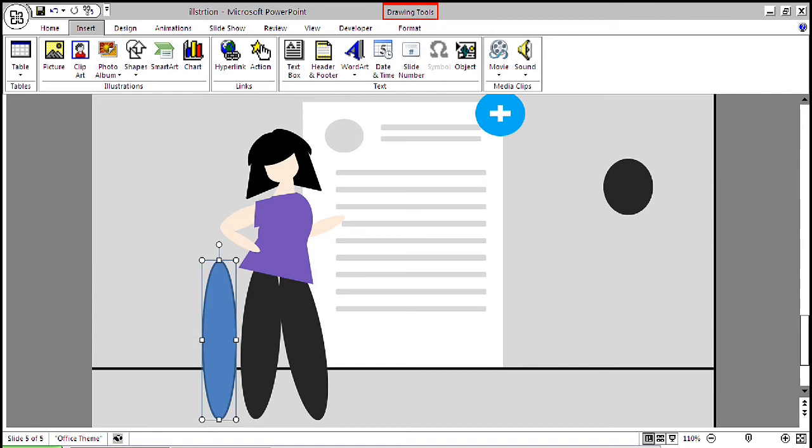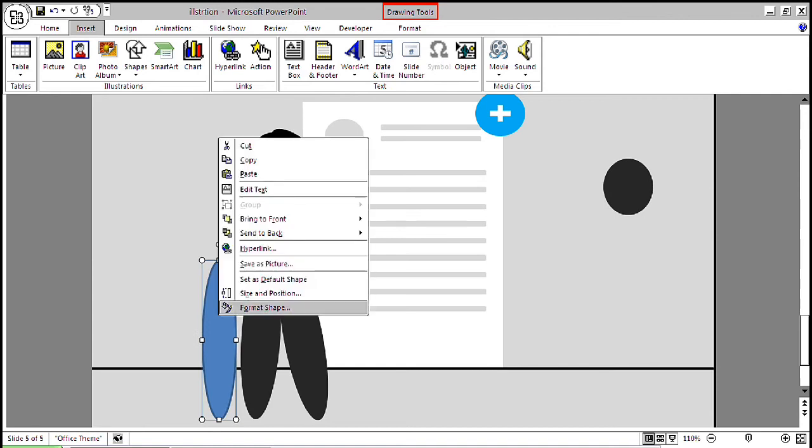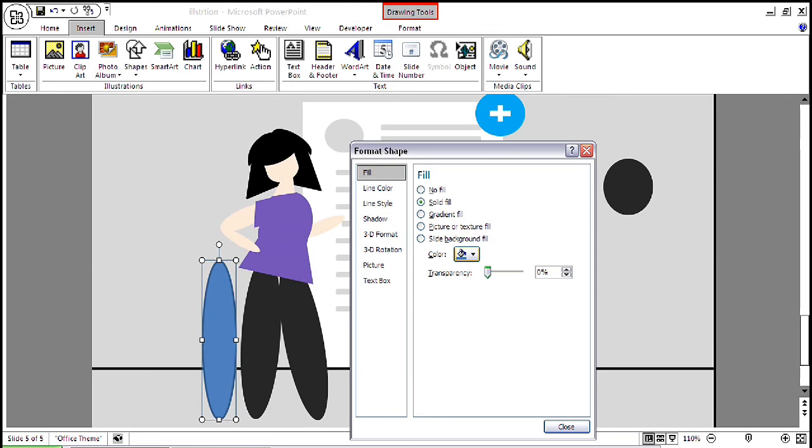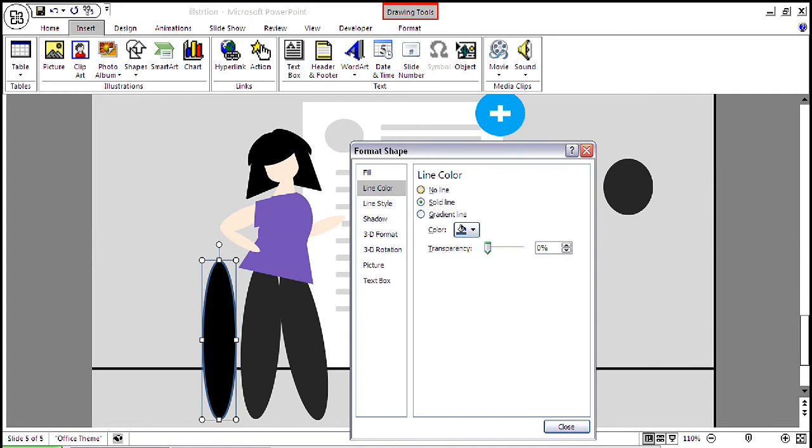Go to format shapes. Put black color, no line. That's it. And you can keep whatever color you want.